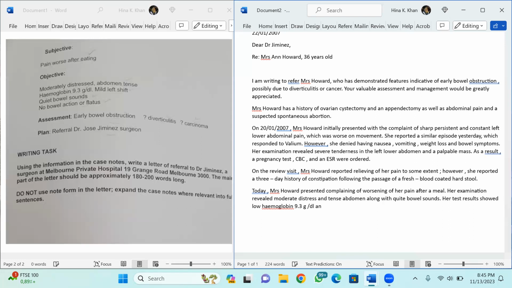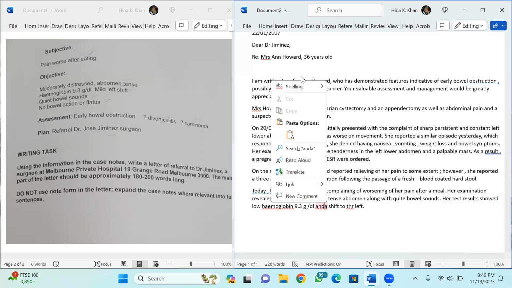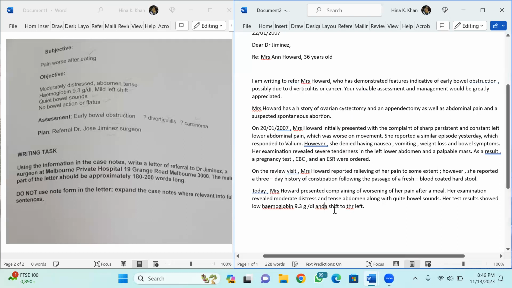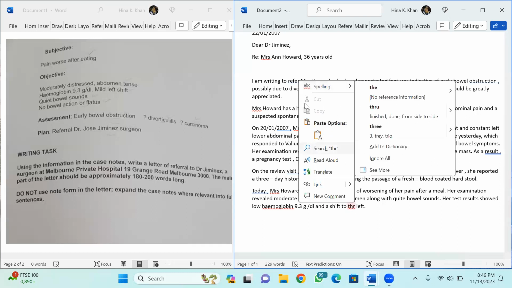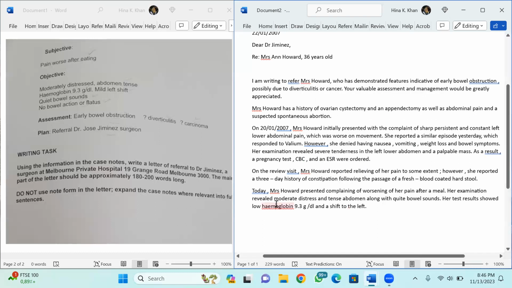And shift to the left. Full stop. And shift to the left. Okay, now if I will just end it, I would say,